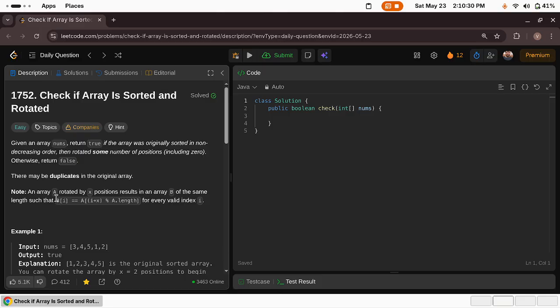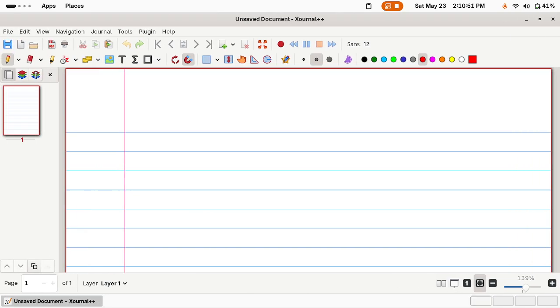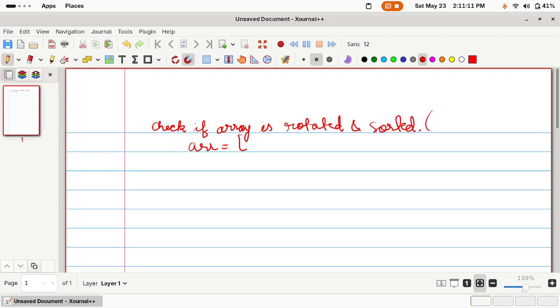Note, an array A rotated by x positions results in an array B of the same length, such that B[i] is equal to A[(i + x) mod A.length] for every valid index, right? So this is my problem statement. We are supposed to do what? Check if array is rotated and sorted, right? So we are given an array and it may contain some duplicate elements also,